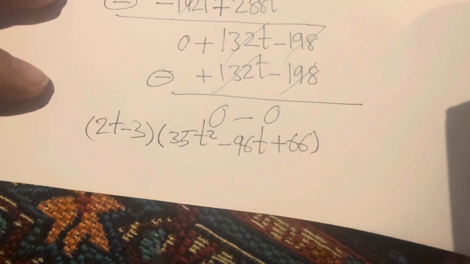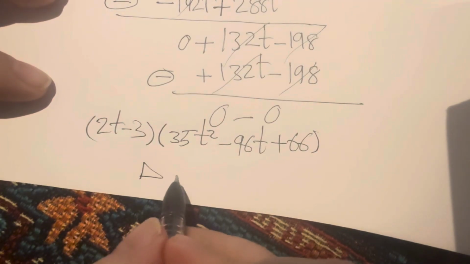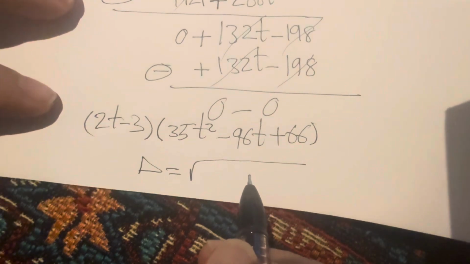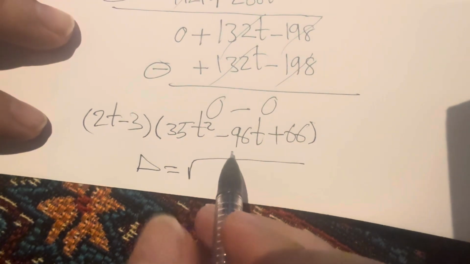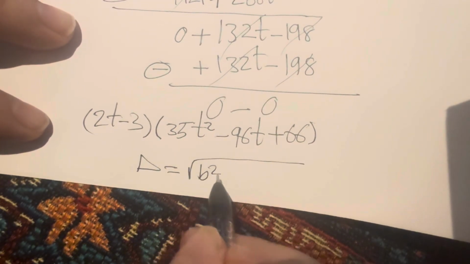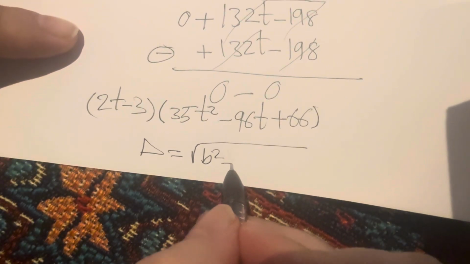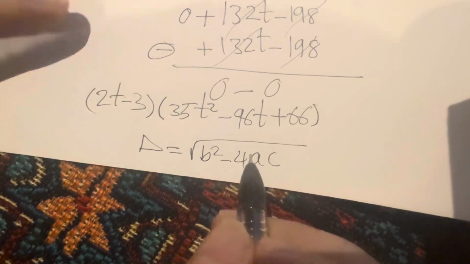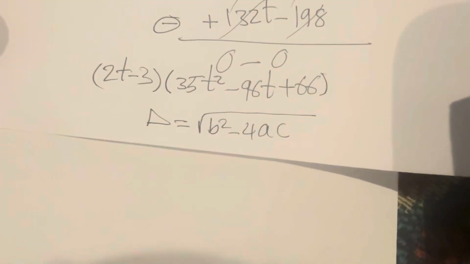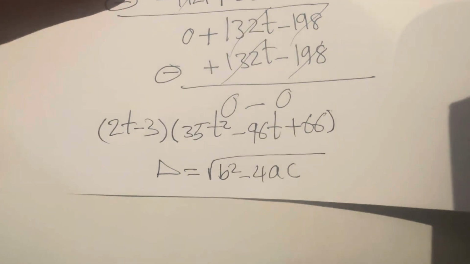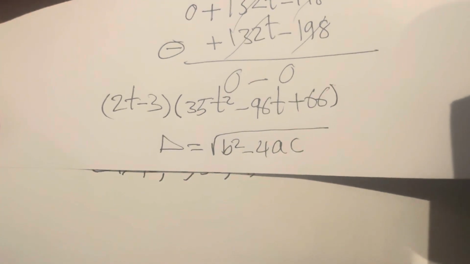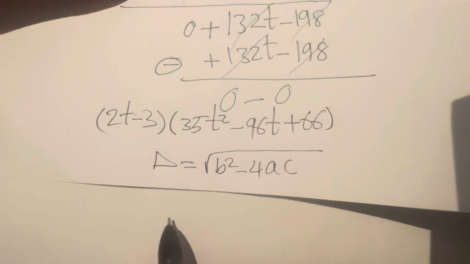So we work out the determinant for this quadratic to see if we have complex roots or real roots, so we have b squared minus 4ac, so the determinant equals